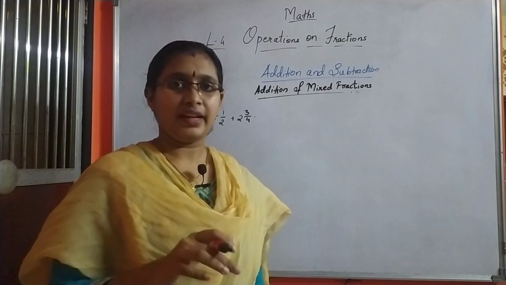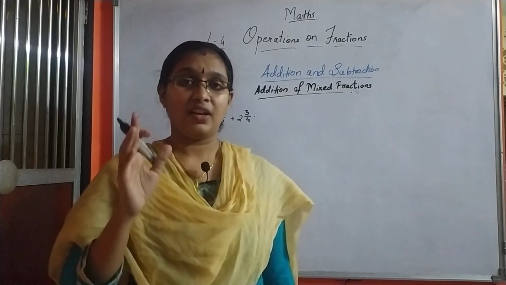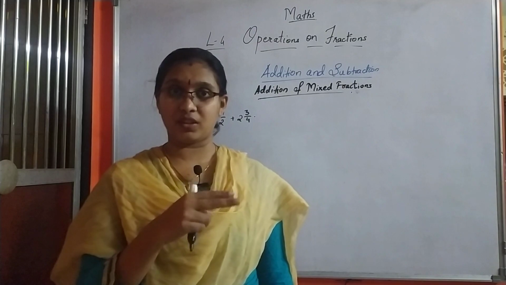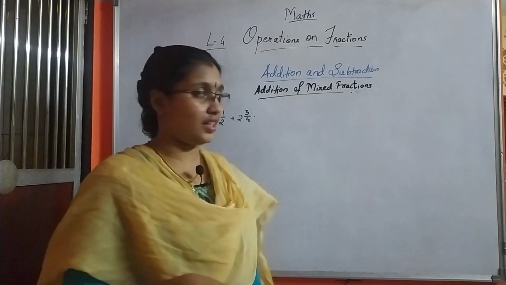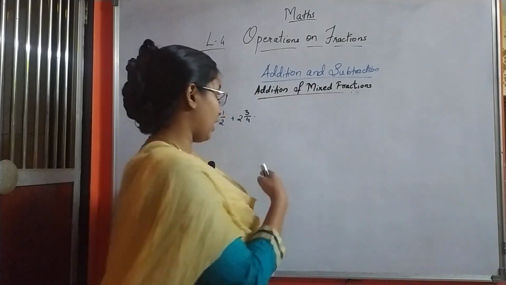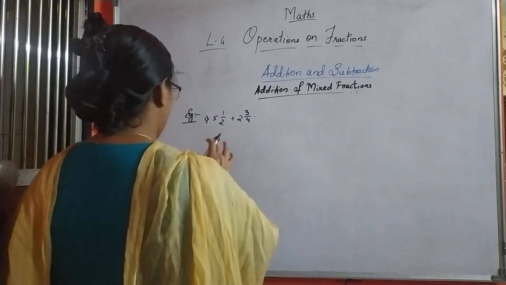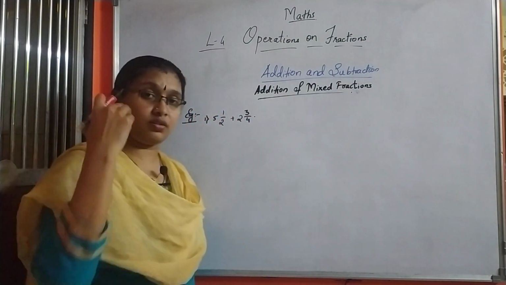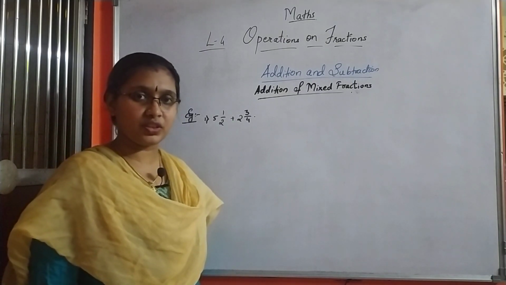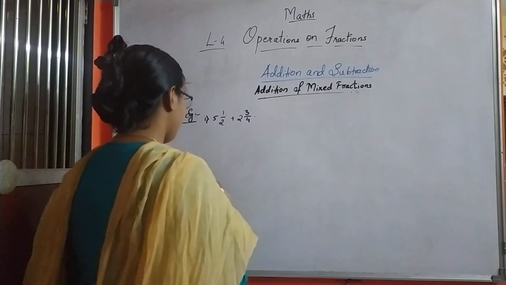And one more thing, in mathematics, to find an answer for any question or find a solution for any question, we have n number of methods. So again, as we had two methods in conversion of mixed to improper, similarly in addition and subtraction also, we have two methods to find out the answer, what is to add and to subtract these mixed fractions. So I'll do both the methods for you. It's up to you which you take up. You can take up either method 1 which I'll solve or method 2 which I'll solve. Any method you can take up for solving and even to write in your exams.